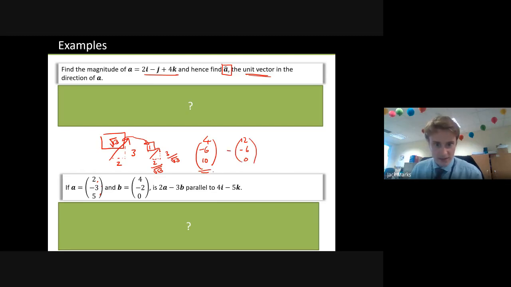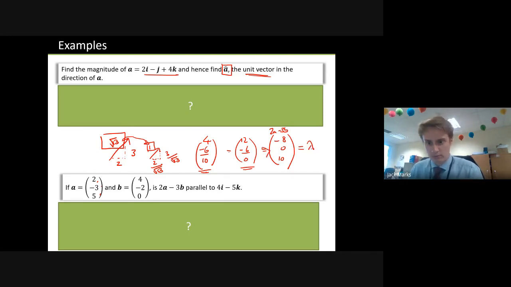So that is 2a, that is 3b, so 2a minus 3b. Okay, let's just work it out while we're here then. So 4 minus 12 should be minus 8, minus 6. So if you have the thing and you take away that thing, then that will disappear. And 10, take away 0. So this is 2a minus 3b, and it's parallel to this. So this is equal to